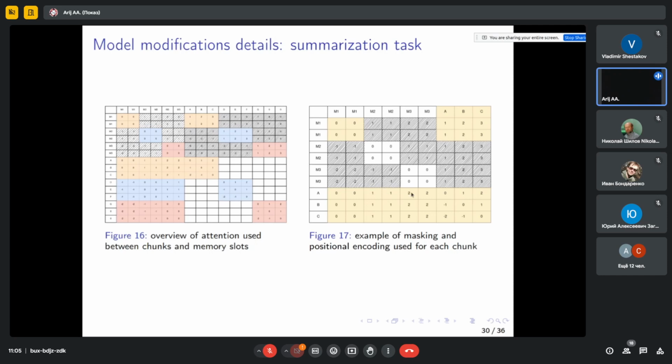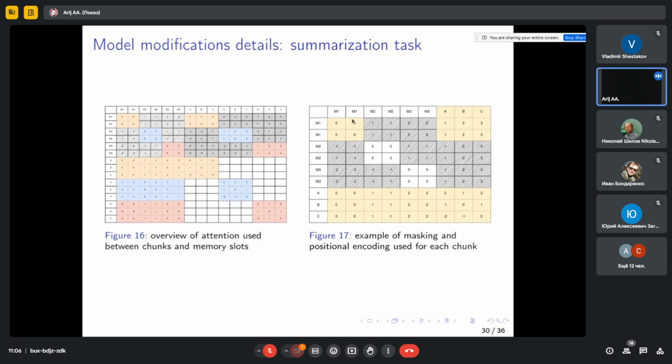For the relative positional encoding, I have modified it in the following way. The relative positional encoding applied between tokens of each chunk is as original as in T5, while I have computed the relative positional encoding between memory slots as follows. Each token in each memory slot has the same positional encoding.